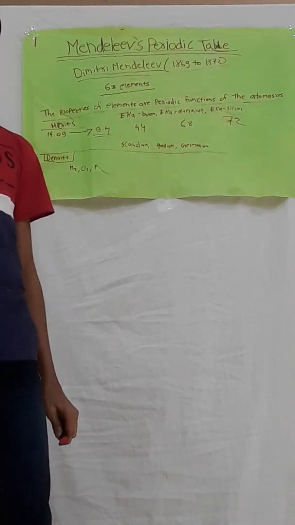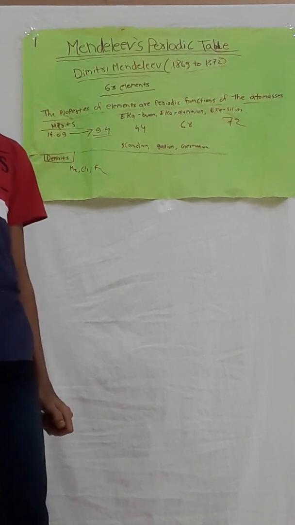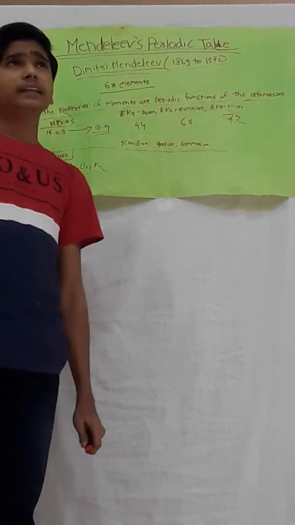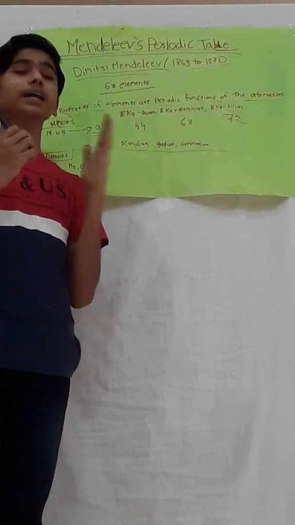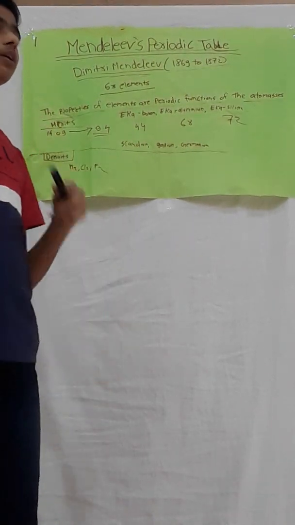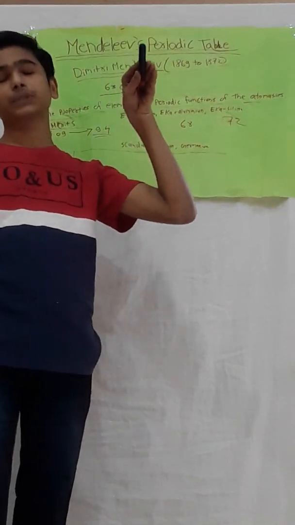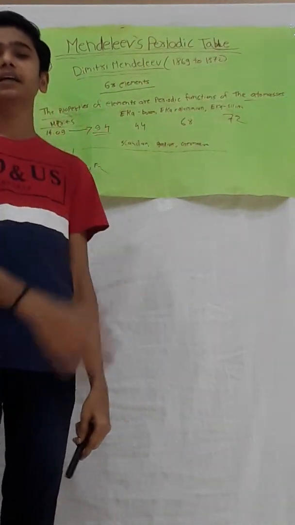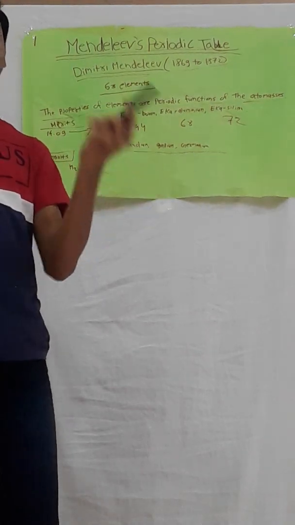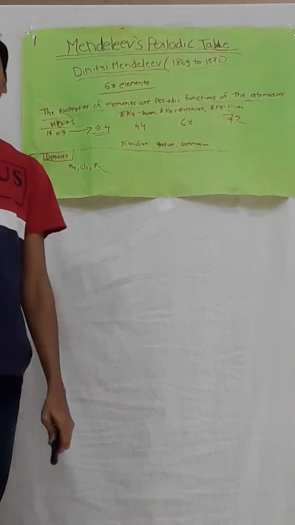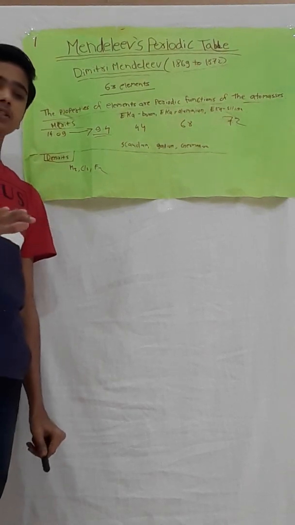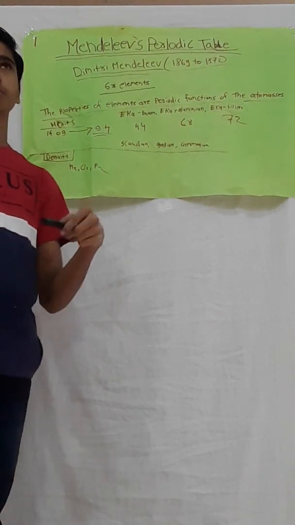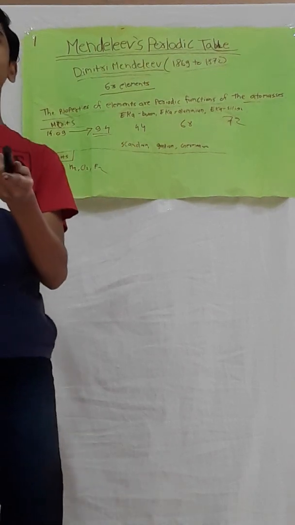For Mendeleev, the atomic masses of the elements were the fundamental property of the elements. At the time of Mendeleev, only 63 elements were known. Mendeleev arranged all these elements in the increasing order of their atomic masses and made the table according to the physical and chemical properties of the elements. He arranged the elements on the basis of physical properties such as melting point, boiling point, and densities of the elements, and chemical properties such as molecular formulas for hydrates and oxides.